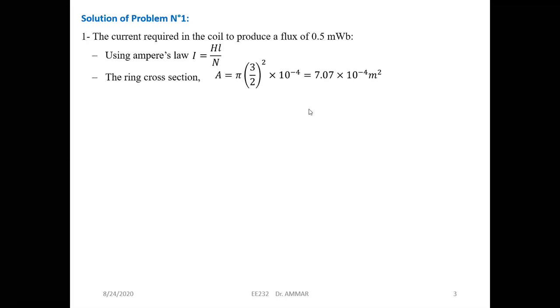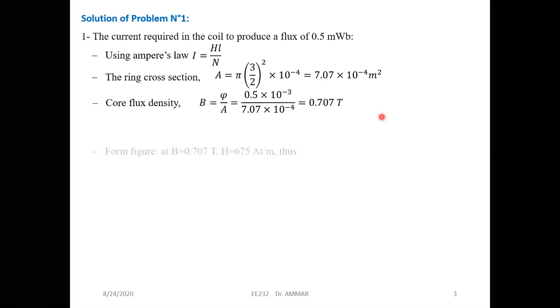Then after finding the cross section, we can calculate B, the core flux density. B is equal to phi over A. Phi is the required flux. They ask us to achieve a flux of 0.5 milliweber, that's why we add 10 to the power minus 3. And A is equal to 7.07 times 10 to the power minus 4. And the core density here, that's required to achieve a flux of 0.5, is 0.707